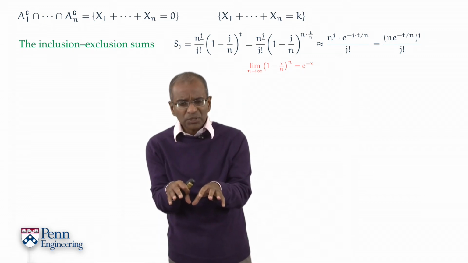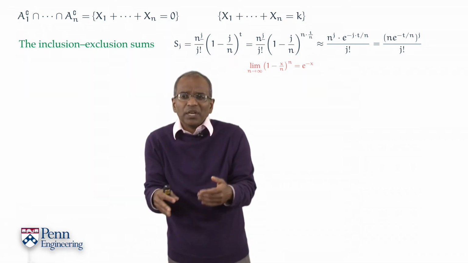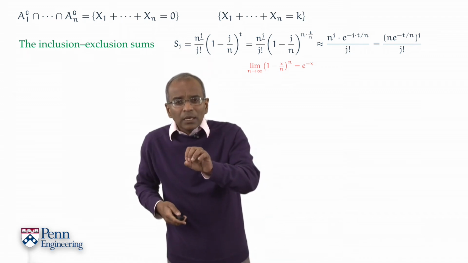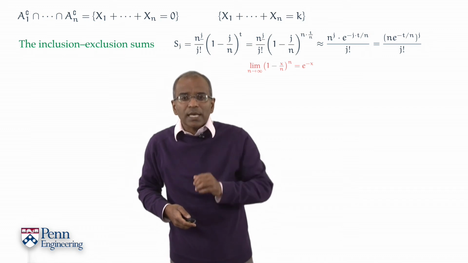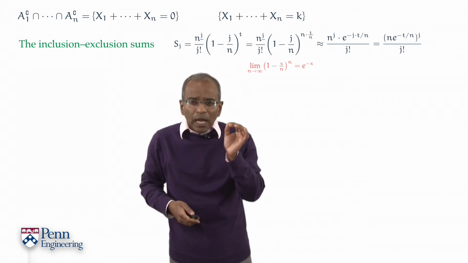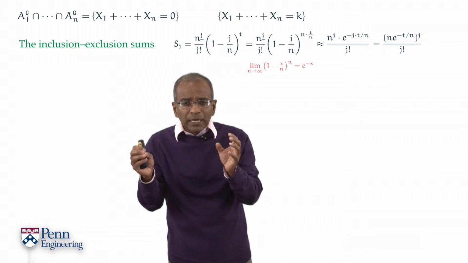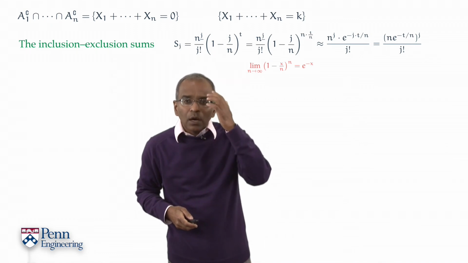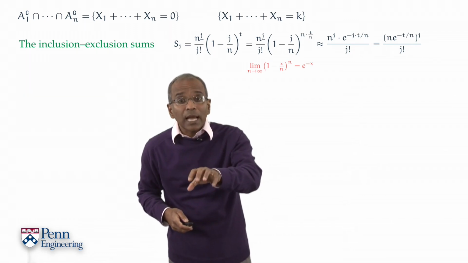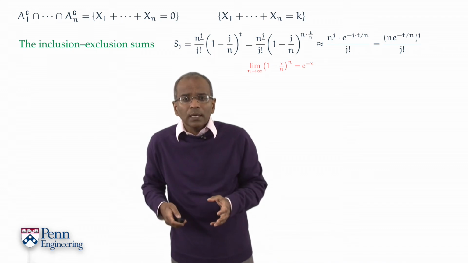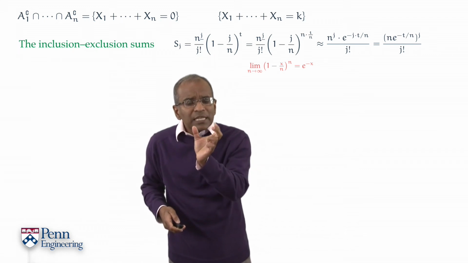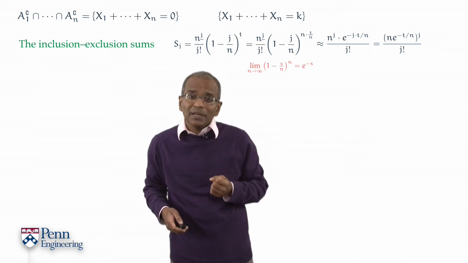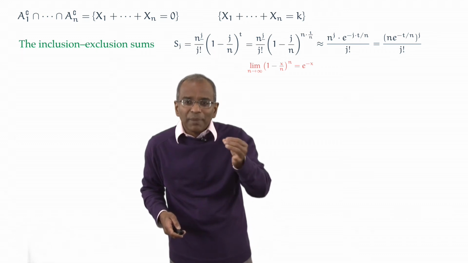Now, a student might well be forgiven for saying, okay, he's doing algebraic manipulations and strange things are happening and I don't see where this is going. But at the end of all of this, when the dust has settled, what have we done? An inclusion-exclusion sum on the left is approximated by a power over a factorial. You say, oh, wait a minute. That's exactly what the Poisson sieve required. Let's formulate this. If the thing in the numerator in the round brackets on the right behaves like a constant, say lambda, then I've got exactly a Poisson sieve paradigm.